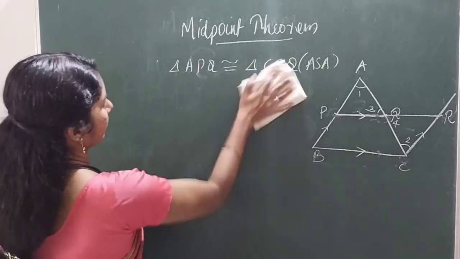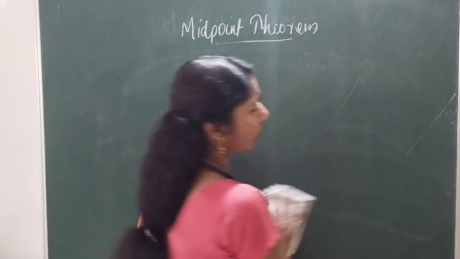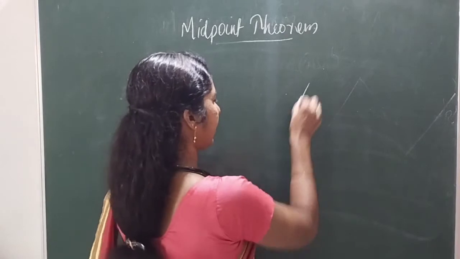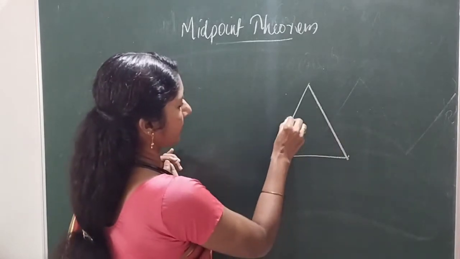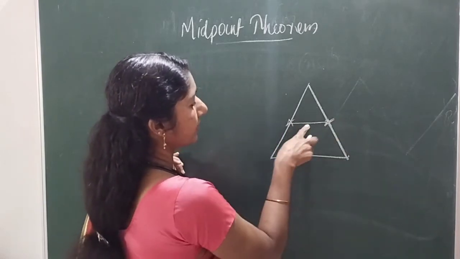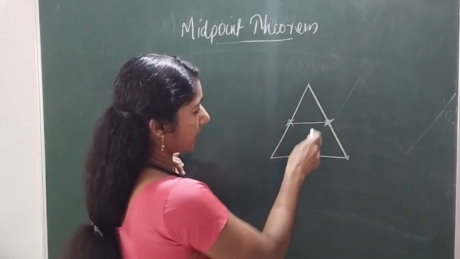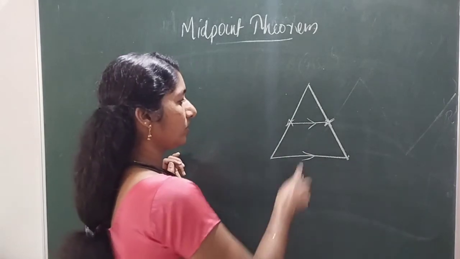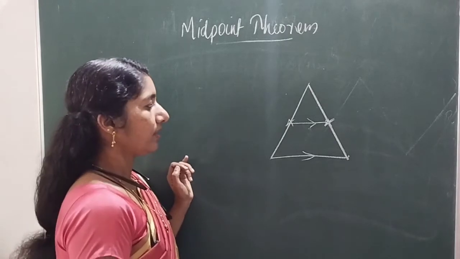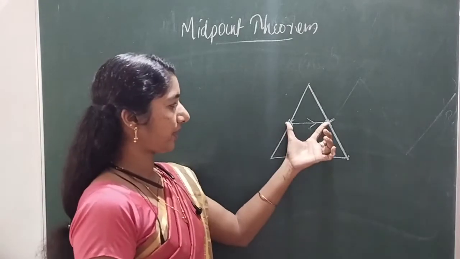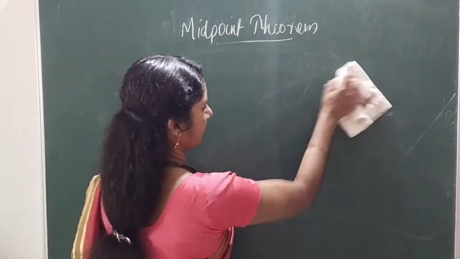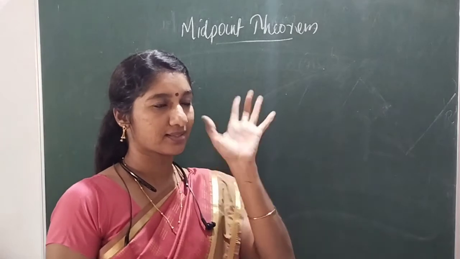This is the midpoint here. What will come? It's the converse of the midpoint theorem. The midpoint theorem says that in a triangle, if you take the midpoints of any two sides and join them, you will get a line segment. This line segment is parallel to the third side. Also, this line segment is half of the third side. That is the midpoint theorem. I am mainly focused on the parallel idea: parallel to the third side. Then its converse will come like this.